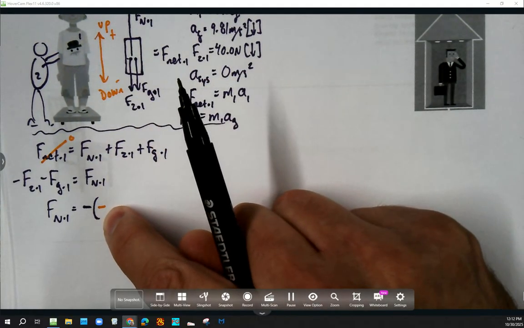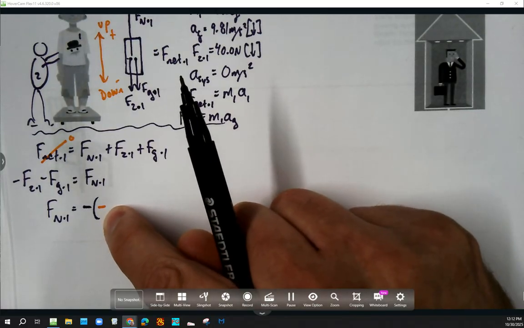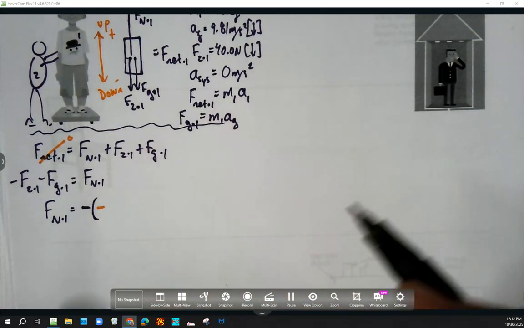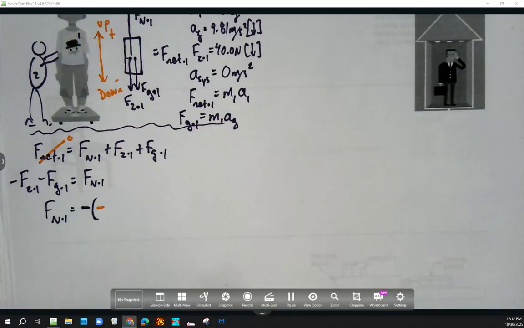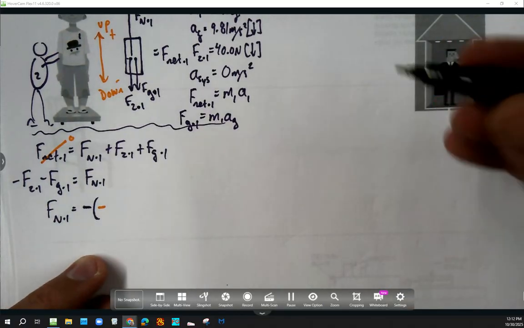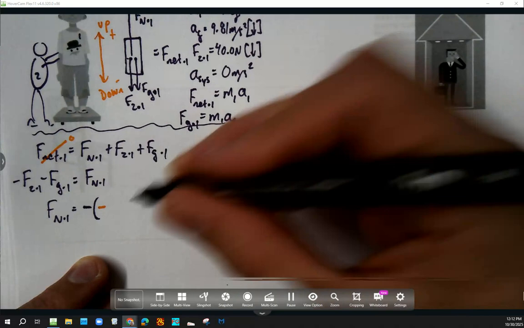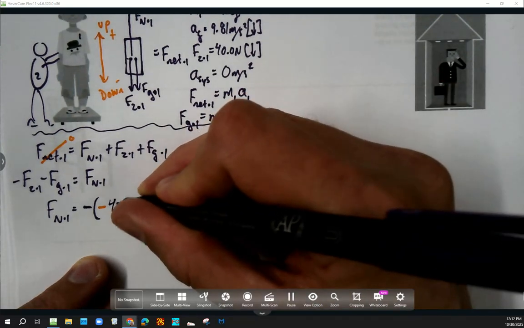You don't have to color code it if you don't want to. I'm just being that way for my teaching right now, okay? When you do your work, you don't have to color code. Please don't. It'll be a waste of your time, okay? But we want to make sure we know why we're doing what we're doing. So force of 2 acting on 1 is negative 40.0 newtons